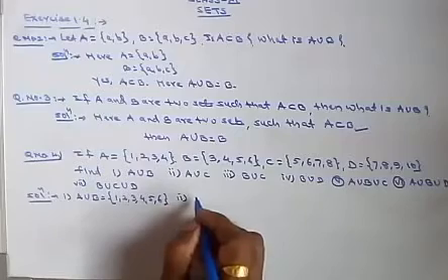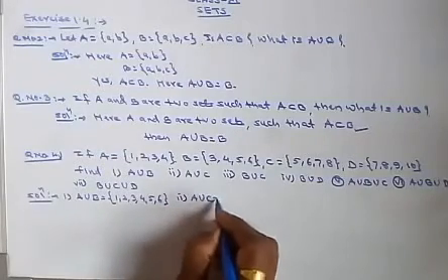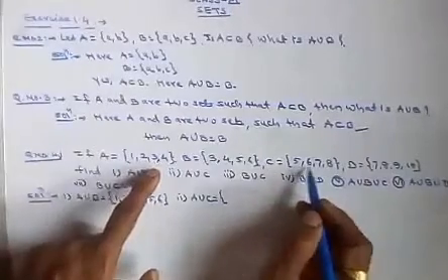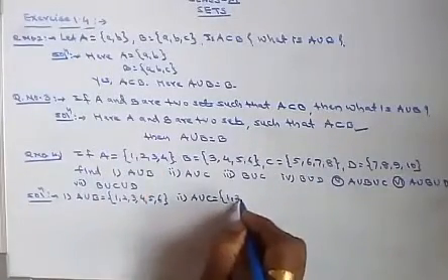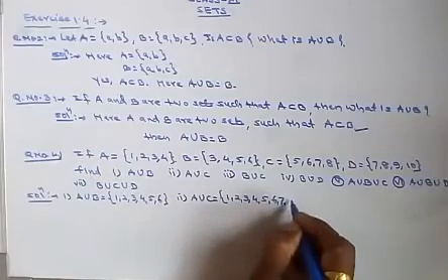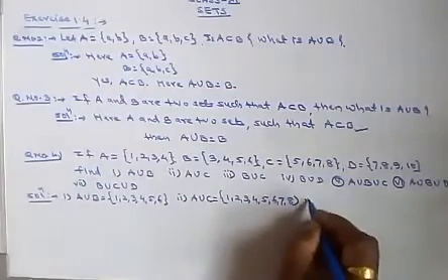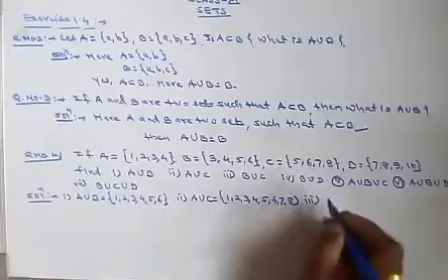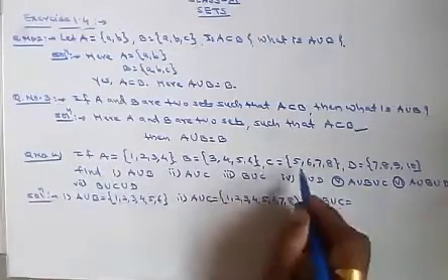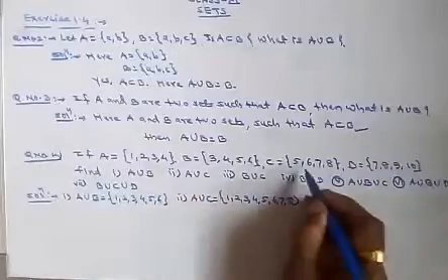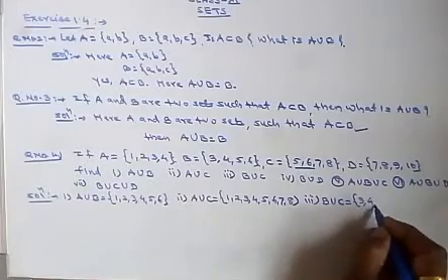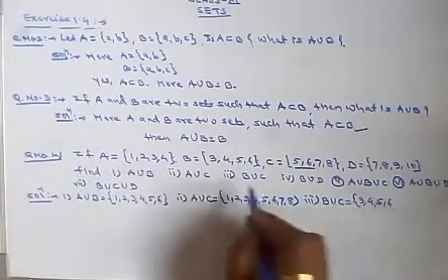Second A union C, A और C में देखो या 1 2 3 4 है, 5 6 7 8 है, so 1 2 3 4 5 6 7 8, okay. Then you take third B union C, B और C का यूनियन 5 6 7 8, 3 4 5 6, 5 6 रिपीट होगा इधर, so it will be 3 4 5 6, we have to take 5 6 once only, 7 8,